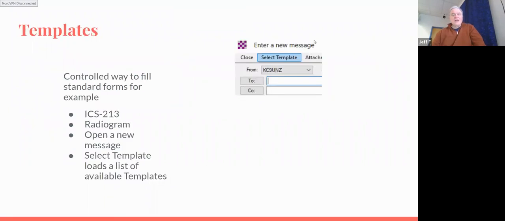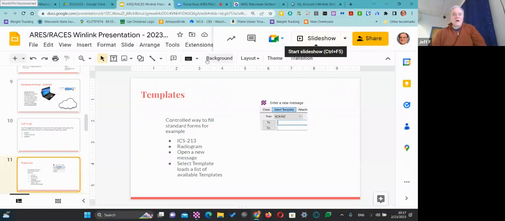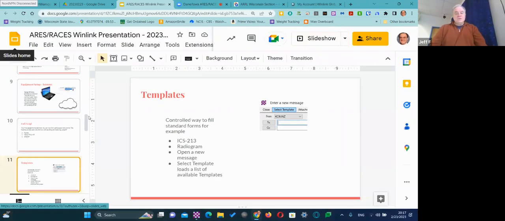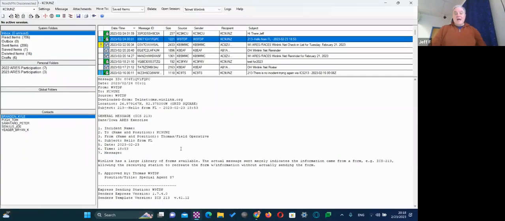Okay, before I go down that road, let's talk about templates. And I'll fill out one so you can get a sense of what we're talking about. Let me shut this off for now. So to give you an idea of what Tom and I were doing,